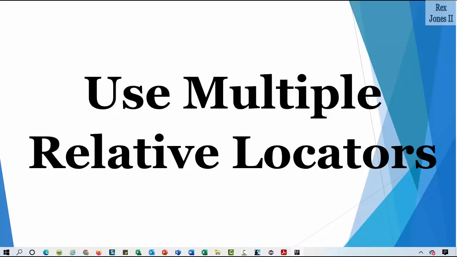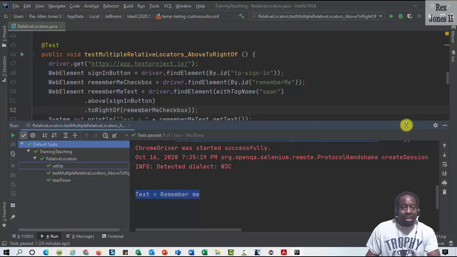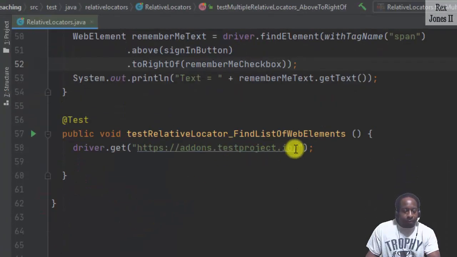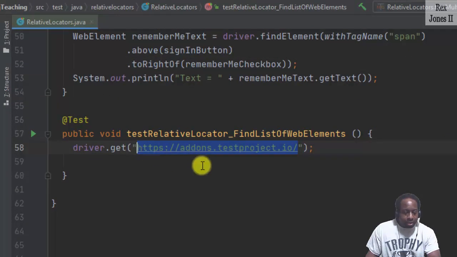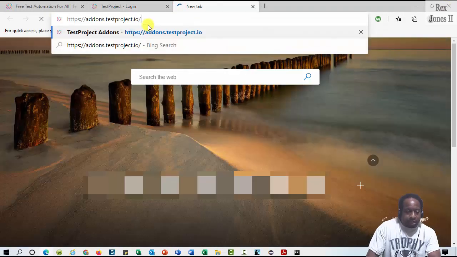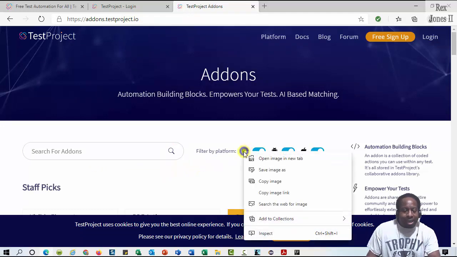Next, let's find a list of web elements. Let's get the URL for our next test script. I'm going to copy HTTPS add-ons testproject.io, and I'm going to paste it. And this here will take us to the add-ons page. On this add-ons page, we're going to get the names of each platform. If I inspect each icon,